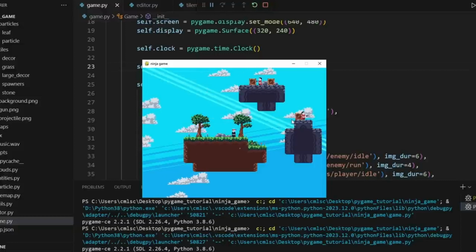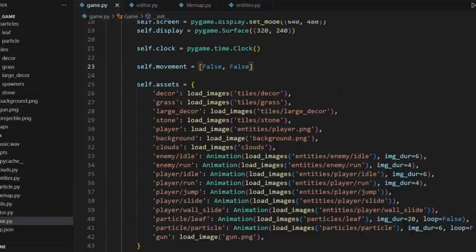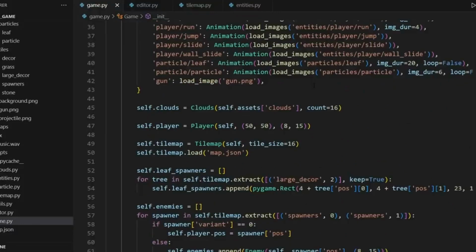Now, the next step is to make these guns shoot. So, the way this is going to work is that we're not going to have a gun object that can shoot, but instead we're going to make it so that the enemy renders the gun image and then also generates the bullets. Before we can actually have our projectiles, we need to create something for them to be stored in the game itself. We also need the image for the projectiles. So for this, we can just